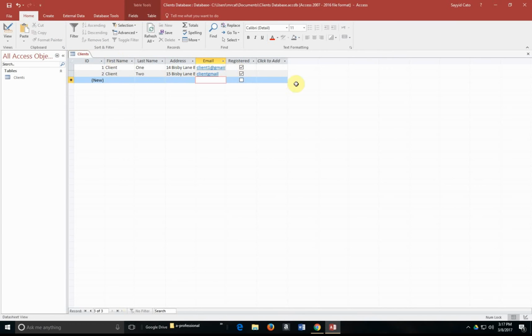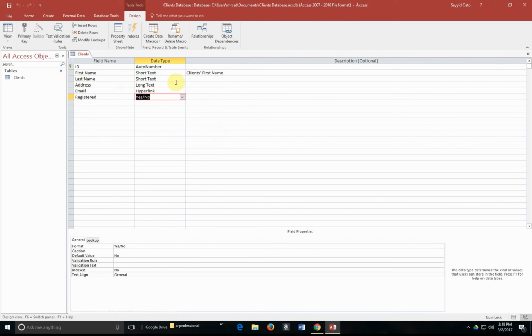If you do make a mistake within your database, there are times when the database itself becomes corrupt, and so you might have to go right back to the beginning or start all over again. So you want to be really careful as you go about entering the information inside your database. Okay, so this will actually allow you not to make errors